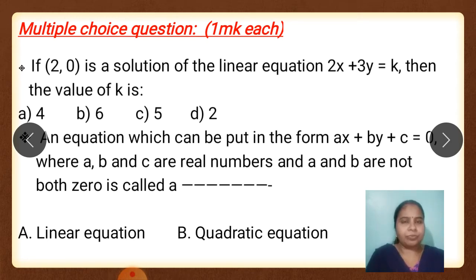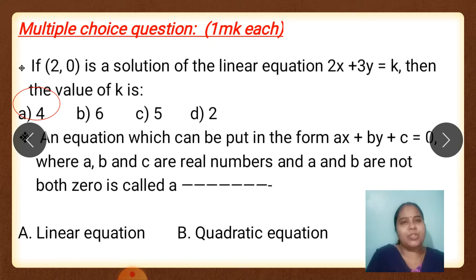See the first one. If (2, 0) is the solution of the linear equation 2x plus 3y is equal to k, then the value of k is dash. Now all these sums, I want everybody to do on your own till I give you the answer. See, what is the question? (2, 0) is the solution. What is the meaning of this? Solution means this 2 and 0 should satisfy this equation, correct? So you substitute x as 2 and y as 0, you will automatically get the value of k, right? Then you solve it and see whether you are getting the answer as 4, correct? Because this will become 3 into 0 is 0, 2 into 2 is 4, so k will become 4.